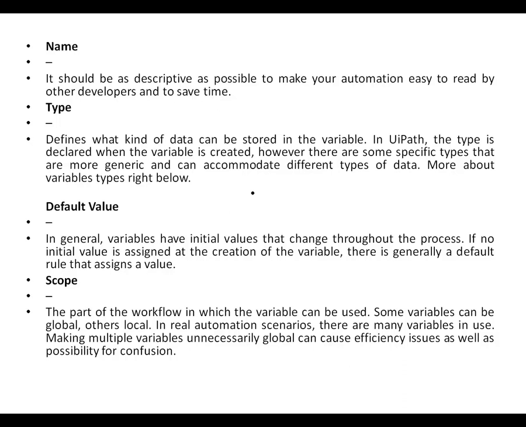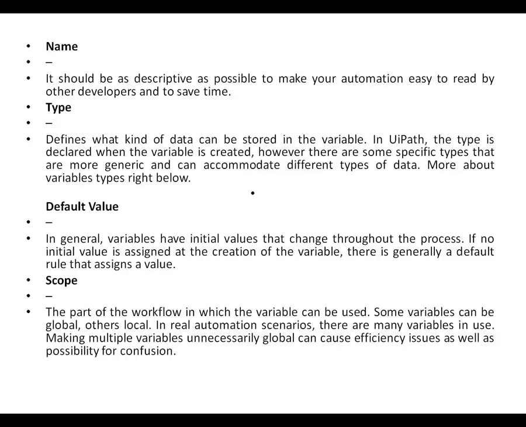If you are defining the employee id, then employee id should be the name of the variable. So the name should be descriptive so that it becomes easy to understand which value this variable may contain. So the naming convention should be easy.